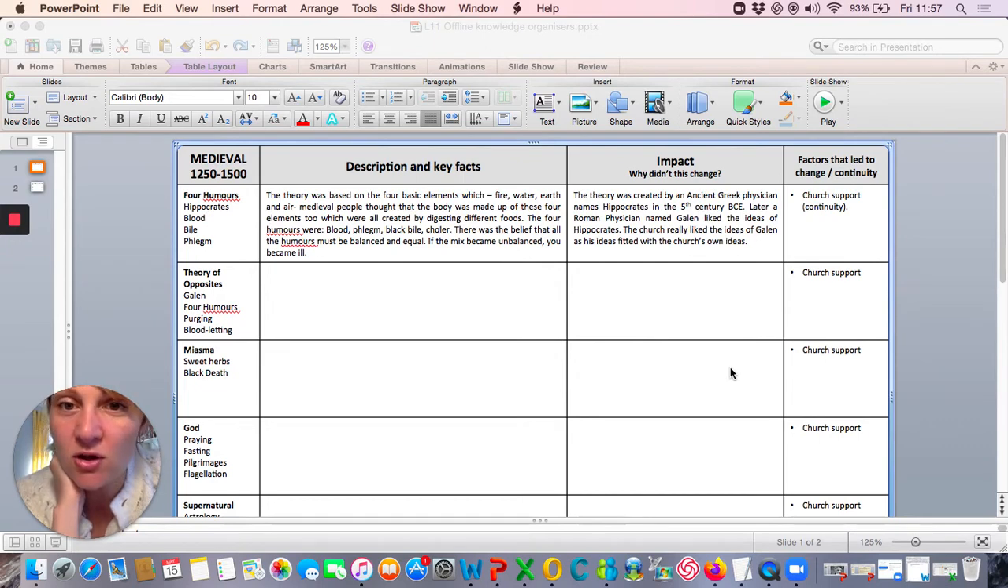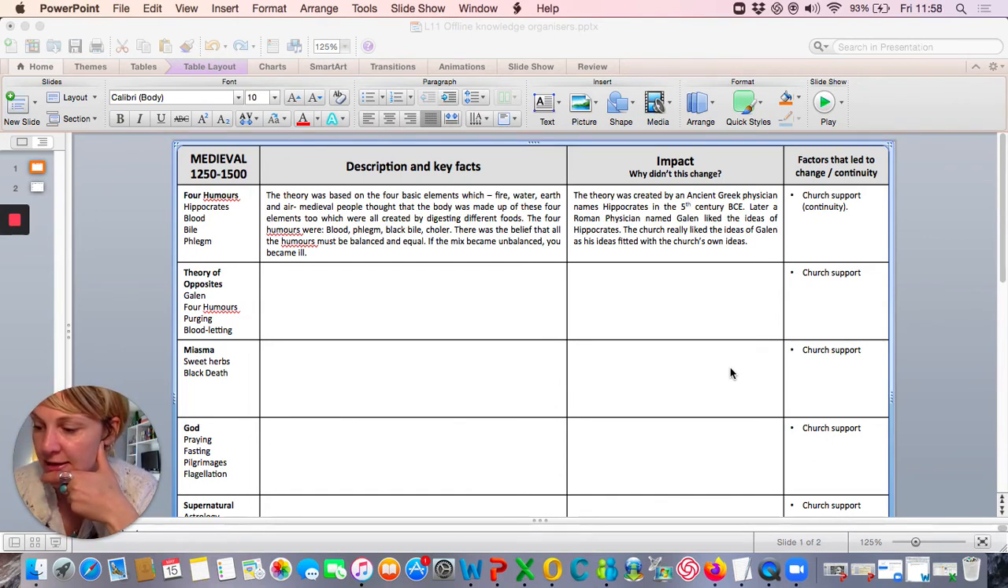So moving on, your next one, the theory of opposites. We know that that's linked to Galen, because Galen developed the idea of the four humours and took them on as his own, but developed those ideas. And the words linked to that are Galen, four humours, purging, and bloodletting. So I might write something, no, I'm not writing it in here, but I might write something along the lines of,